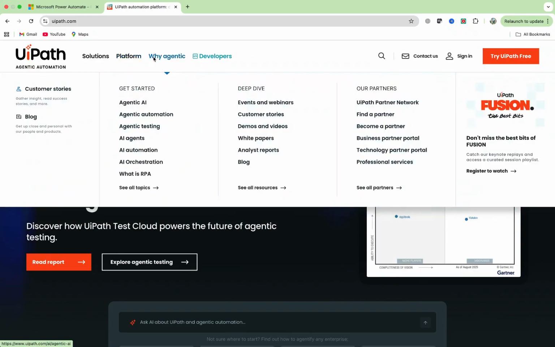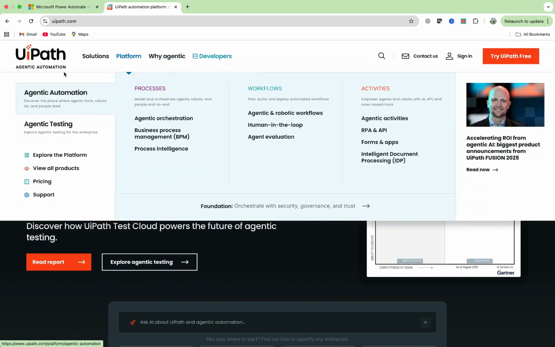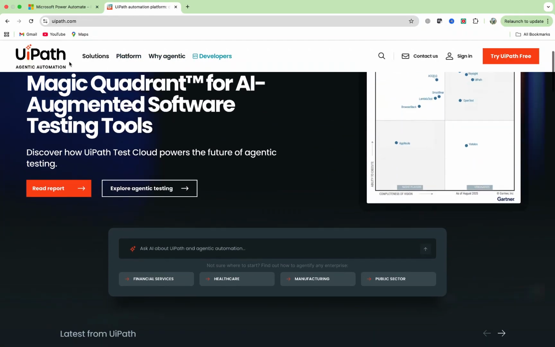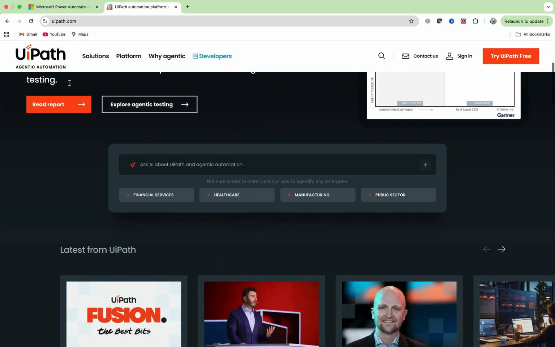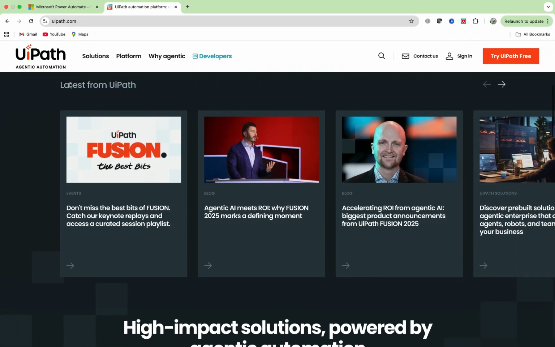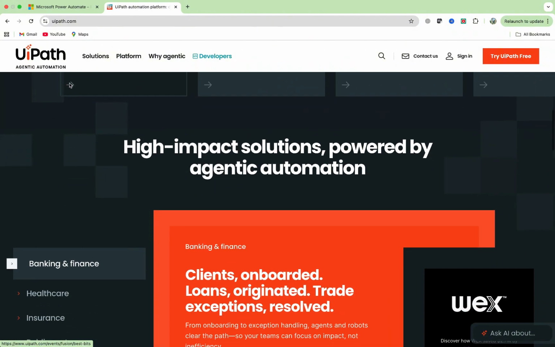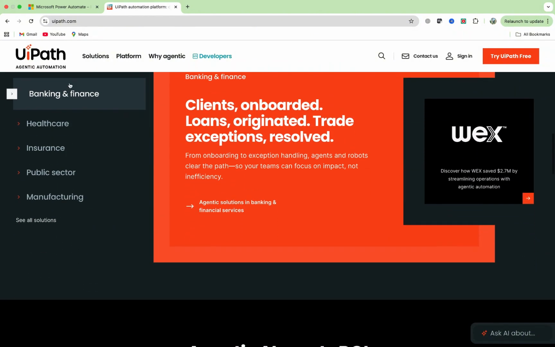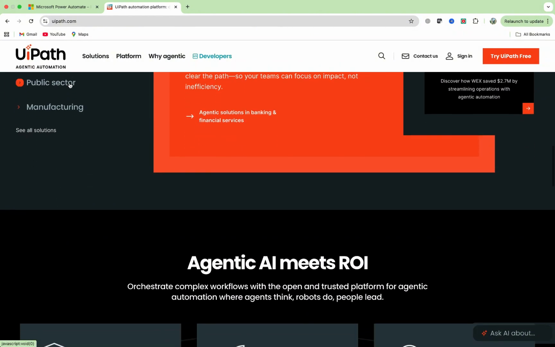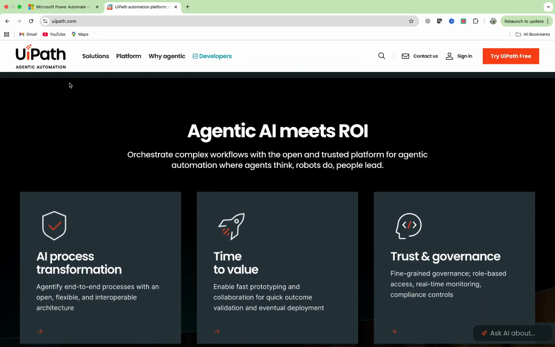UiPath is a powerful robotic process automation (RPA) platform that's built for handling large-scale business processes. It gives you more flexibility, control, and customization options than Power Automate. UiPath is great for developers and companies that need to automate advanced workflows, connect with multiple systems, or process large